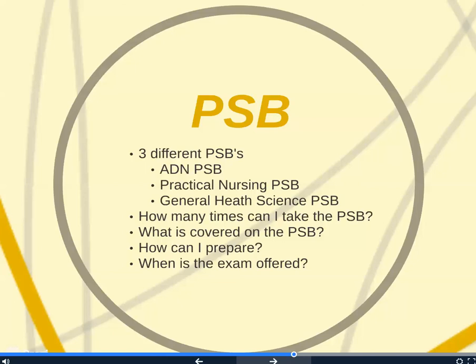If you do not meet this minimum score, you are not able to proceed through the application process. You are allowed to submit your intent to apply for multiple programs. If you are wanting to apply for the ADN program and the practical nursing program, you will take 2 different PSBs. However, if you are wanting to file an intent to apply for the ADN, the practical nursing, and the radiography programs, you will take 3 different